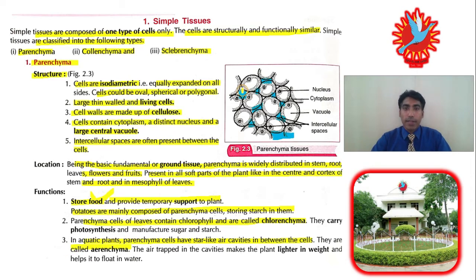If the cells or all these intercellular spaces are filled with air spaces, then the same tissue will be called aerenchyma. The air trapped in the cavities makes the plant lighter in weight, so they can easily float on the surface or inside the water. Okay, next,